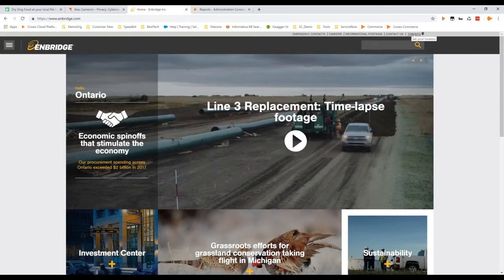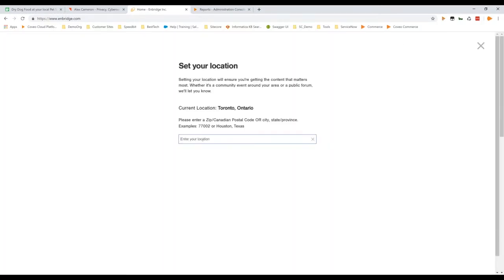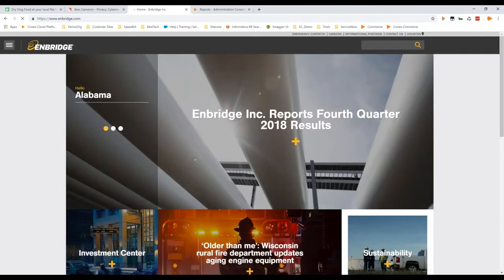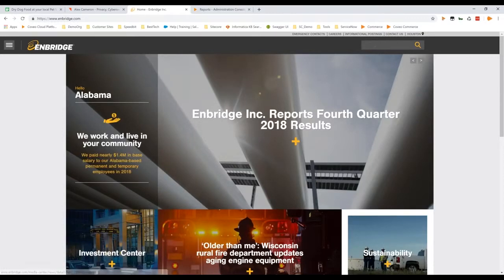So I can set my location here. If I choose to change my search, if I change my search results to Alabama as an example, we can see that the content has changed based on the location, but that also happens in